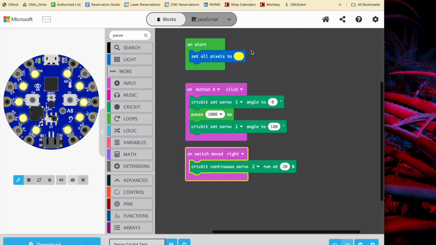The Crickit board will not run with your USB. So I'm going to go ahead and unplug it, make sure the board is turned on, and plug in my